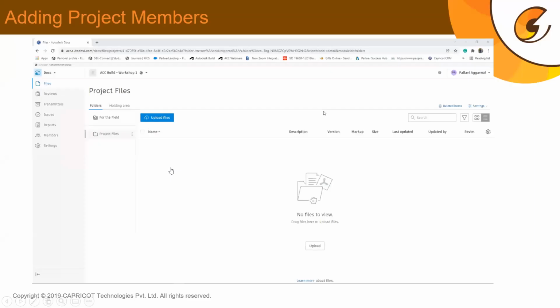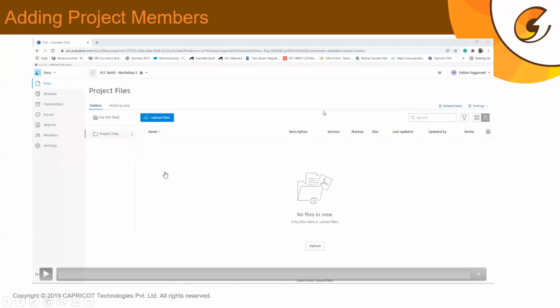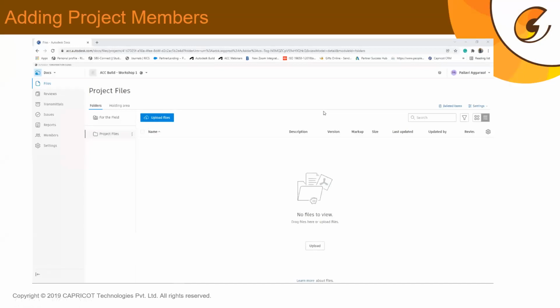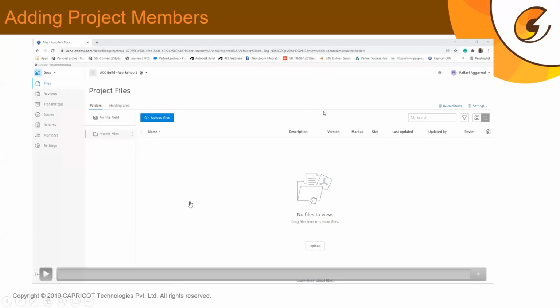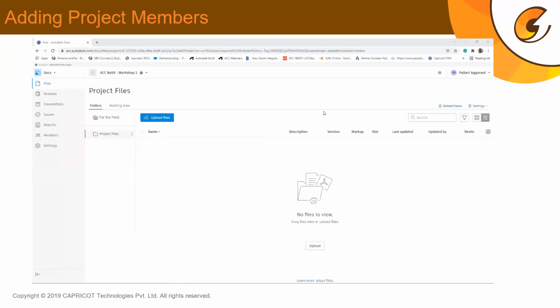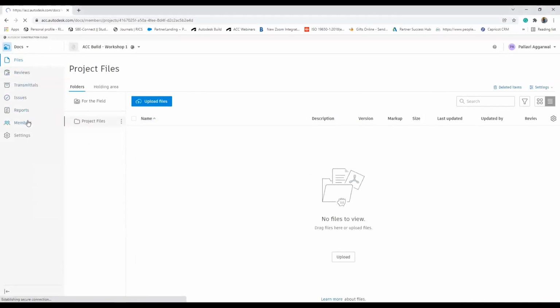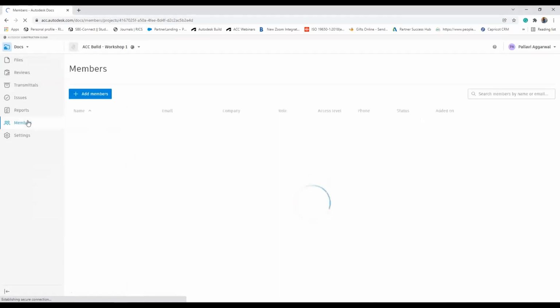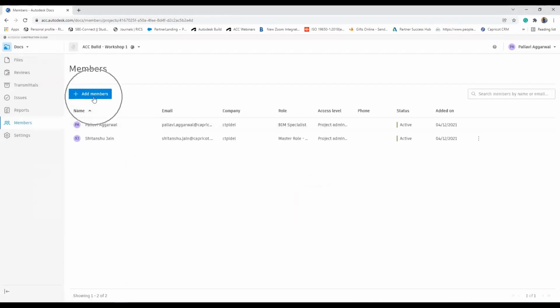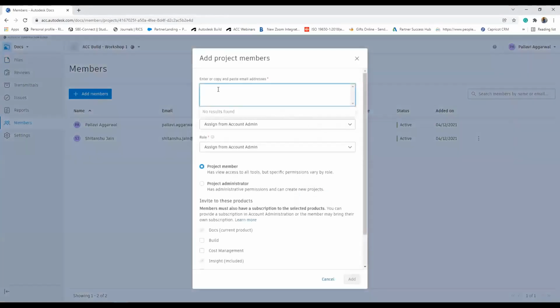Before that, when we talk about administrative activities or the administrative rights of the project, we need to be clear whom we are adding into the project, and what level of information they have access to. That means the permission control, so that the members that we are adding are also defined with the limitations or permissions that they have for the project. So in document management, I have just gone to members and I'm trying to add a new member into the project, specifying the level of information they will receive within the project.